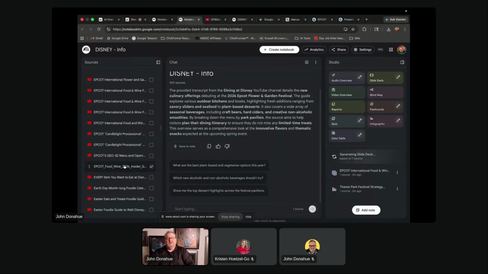Now, the cool thing that you can also do is you can go to Disney's news site and take the link to the news site, unless you have to do a password. Anything that's open, it has no problem with. So you can't go behind a protected paywall or a security wall, but anything that's open, it can pull information